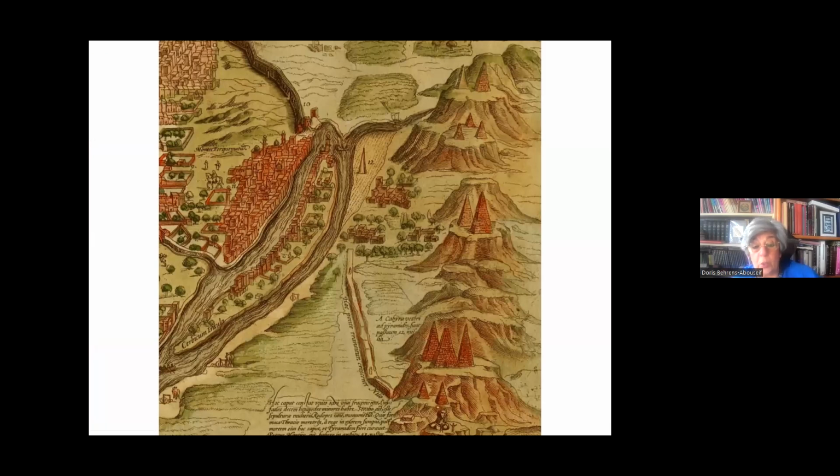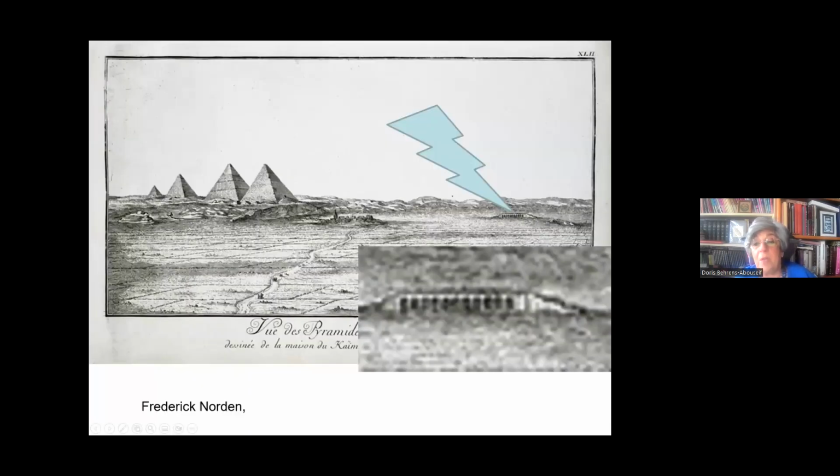And this is a closer view of this bridge, which must have existed until the 16th century, and still there were little remains of it when Norden came and visited the pyramids in the late 18th century. In his famous view, one can still see the remains, and they have been seen by the scholars of the French expedition. So it was quite a grand building, but it was built all with ancient Egyptian material.